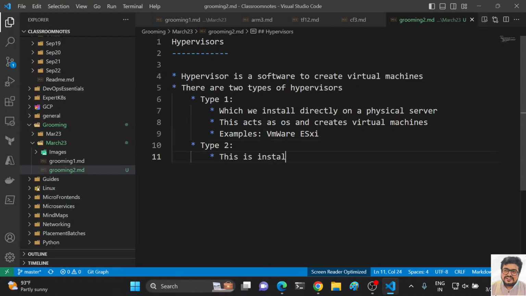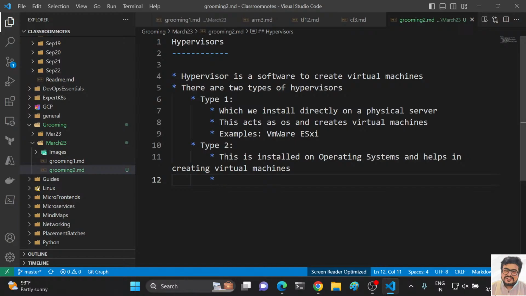This is installed on operating systems, okay, and helps in creating virtual machines. So for example, if it is a type 2 hypervisor, I can install it on my Windows